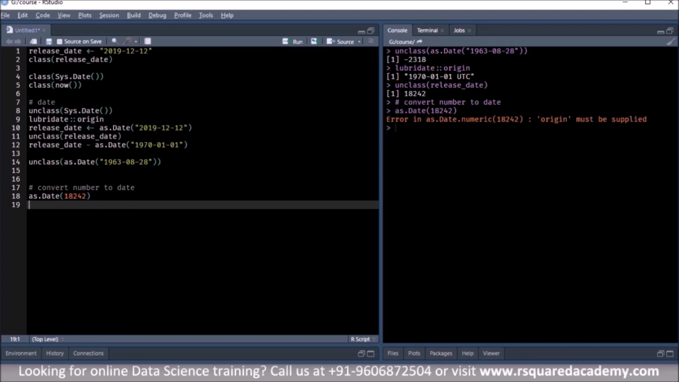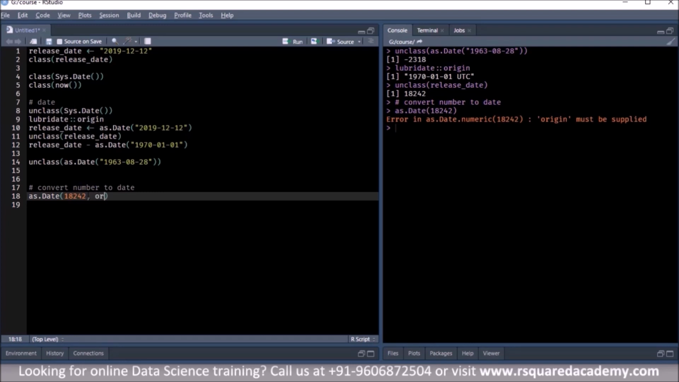So there is an error and it says origin must be supplied. So R is not going to use this origin by default. You have to specify the origin. When a date object is being created from a date, R will use 1st January 1970 as the origin when it is internally storing that date. But when you are trying to create a date by supplying a number, then you have to specify the origin as well, right? So we'll specify the same origin that we have here, which is 1st January 1970,